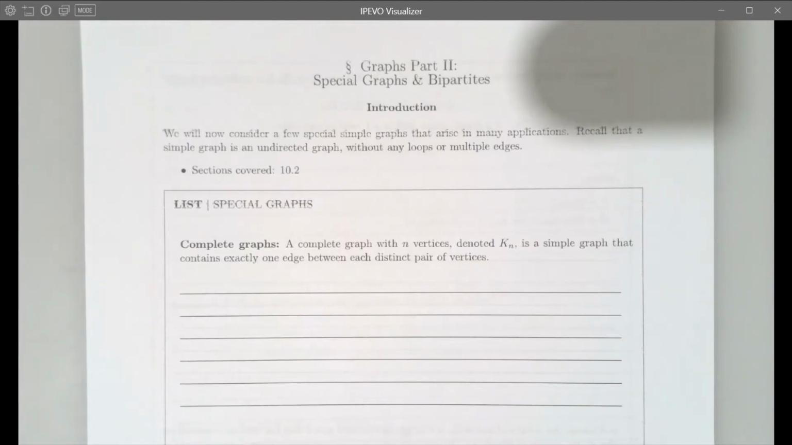Welcome to CECS 228. This is Graphs Part 2, which deals with special graphs and bipartites. For these lecture notes, we're going to be considering simple graphs, and that means that we're just thinking about graphs that are undirected and don't have any loops or multiple edges. Okay, so we're going to start by looking at